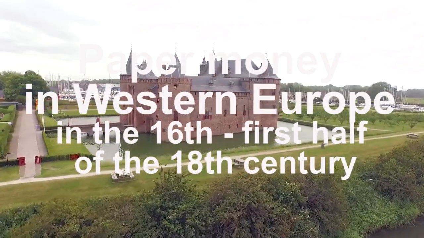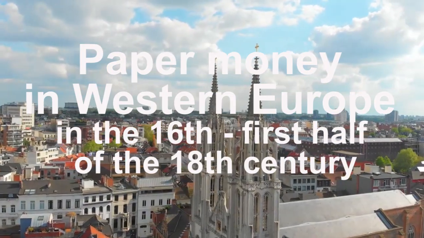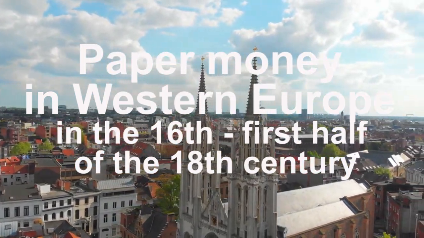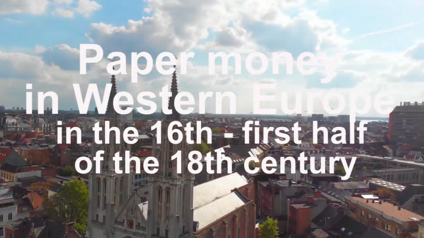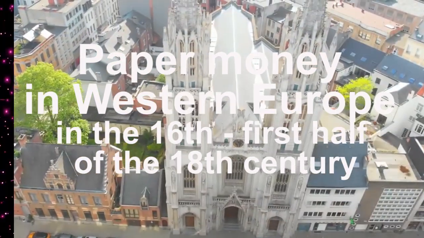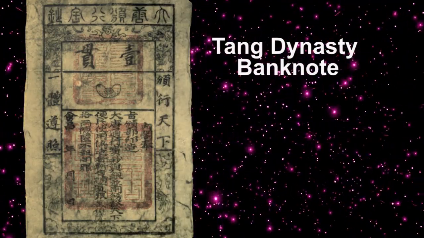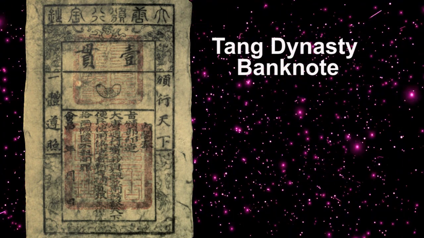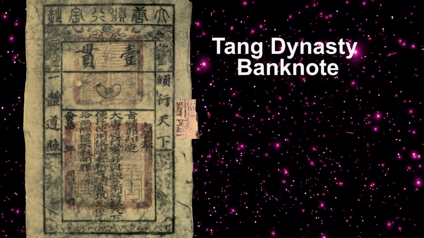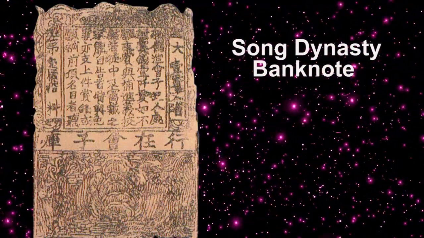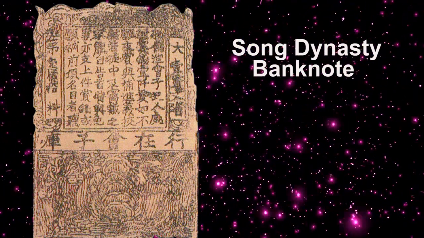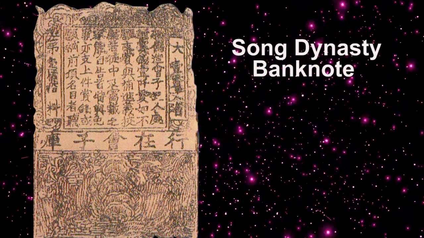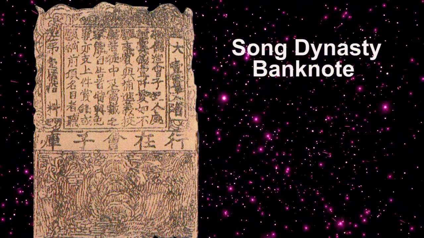In this episode, I will discuss the evolution of paper money in Western Europe from the 16th to the first half of the 18th century. The first paper money appeared in China during the 10th century under the Tang dynasty, issued by a group of private merchants. The government began printing paper money in the early 11th century, likely around 1024, during the Song dynasty,